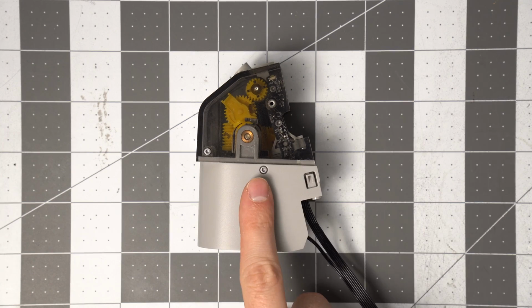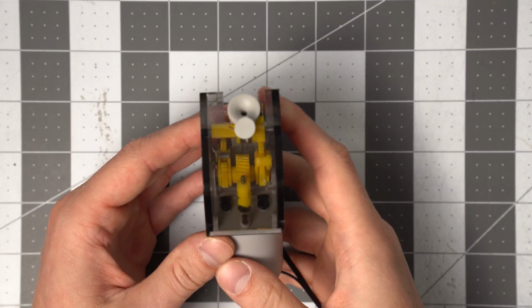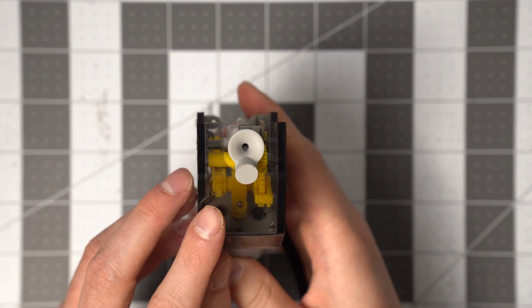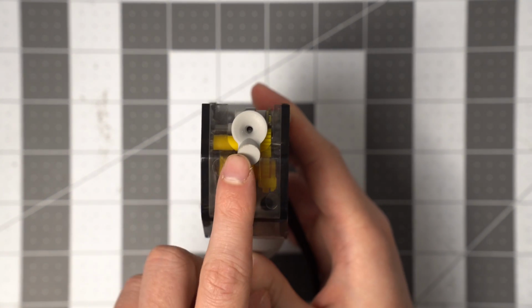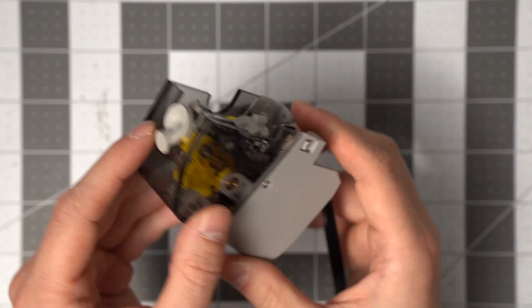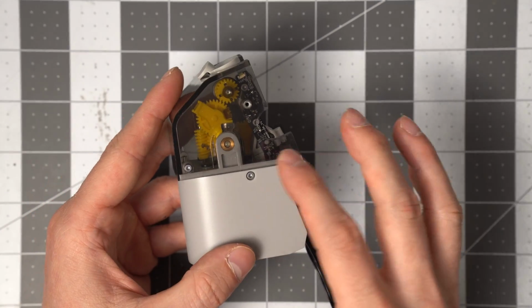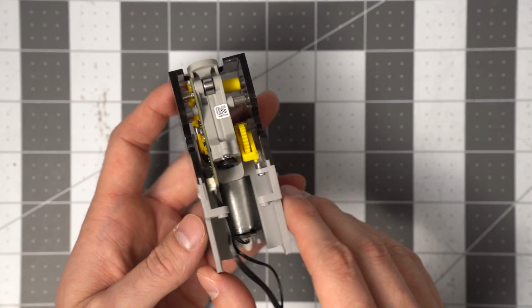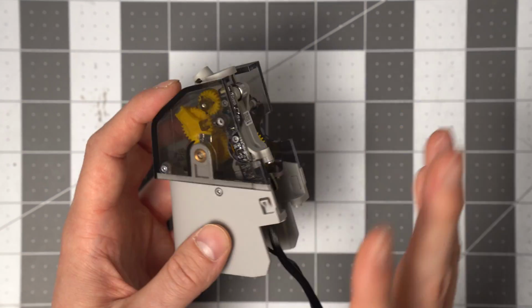Let's take a look at how to replace the funnel in the first stage feeder here for the AMS. You might need to replace this funnel if you're running some abrasive materials and you've worn a hole in one of the directions, or maybe you've troubleshot this to the point where you think that it is the funnel that is obstructing the way and there's no other way for you to get it out of there other than just